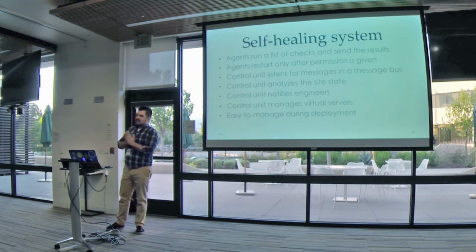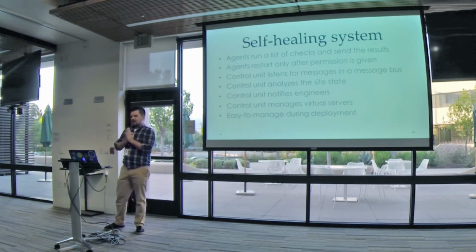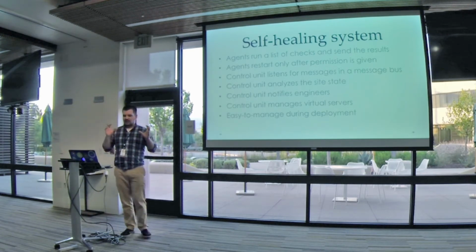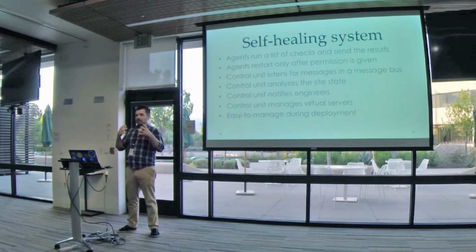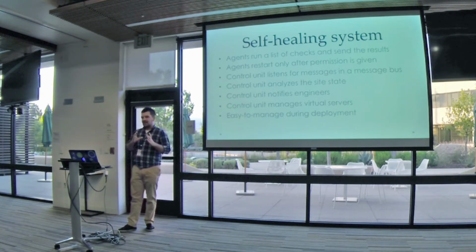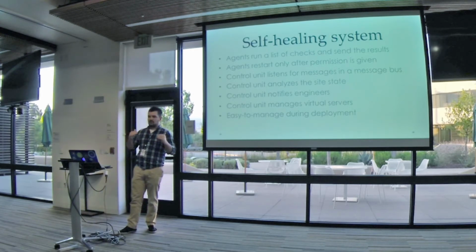By introducing a central control unit, we come to a term of self-healing system. Thus, self-healing system is represented with agents which run on the servers, and central control unit which aggregates information from these agents and decides whether we can restart the application servers or we have to wait till the different actions will be performed. By different actions, I mean if you're running some cloud, you can basically create more instances, and as a result, shift the existing sessions to new instances, thus to unload your existing servers and basically improve the